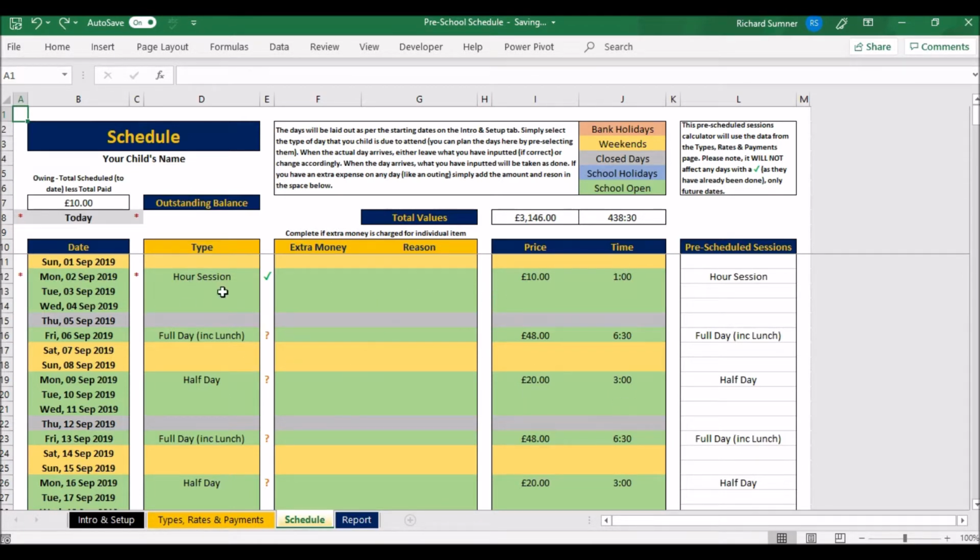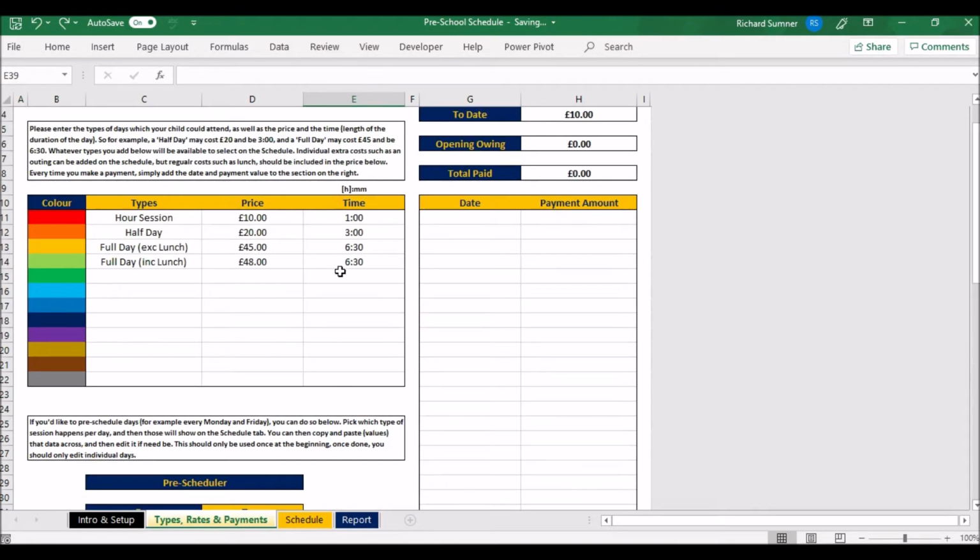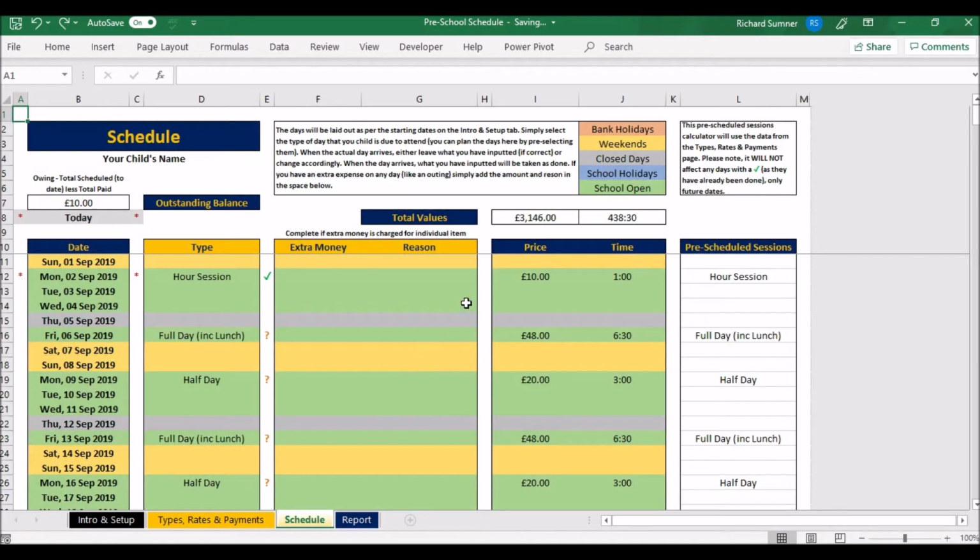These prices and times will adjust accordingly as per the types and rates prices. If a price changes mid-year, you're going to have to make a new entry for the new price. Just name it something different, maybe new full day excluding lunch or something like that, and then reschedule it, because if you change the price here, it will change throughout the entire schedule, all the previous ones